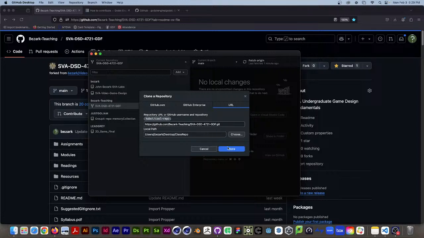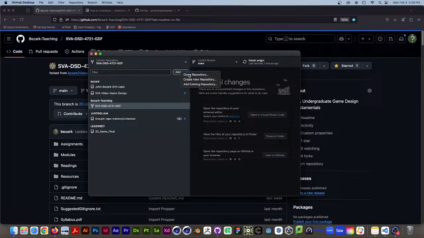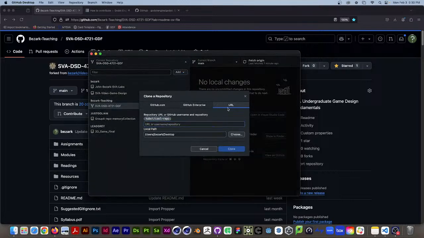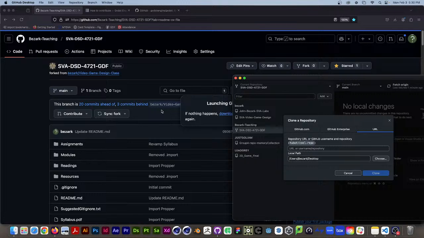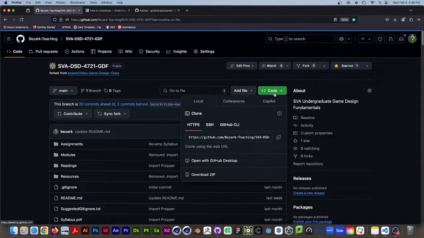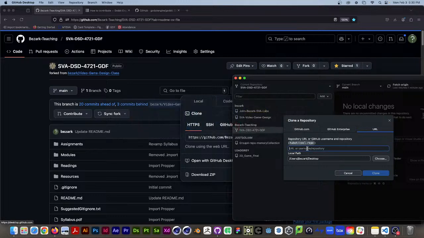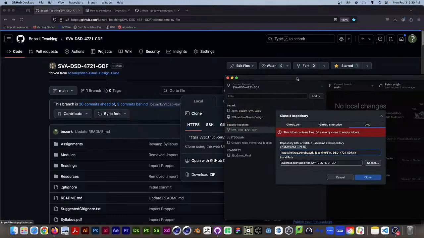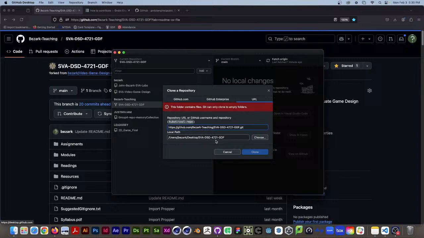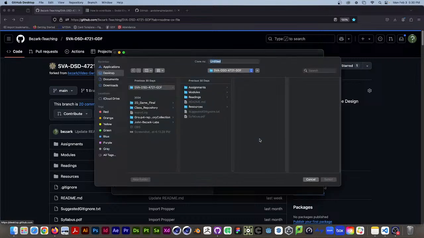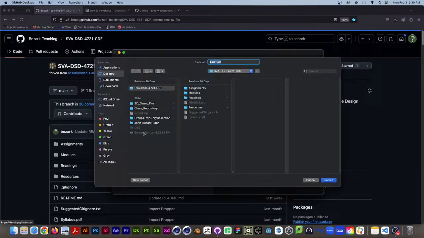No? Okay. So again, in case we missed it, you click Add, you click Clone Repository, go to URL, and this is where you take this URL here. You click here and copy this URL, and then you paste it in here. If it's complaining, it's saying that the folder I'm copying it to has files in it. So I'm just going to make a new folder. I've already made this one from last time. Okay, I'll make a new folder